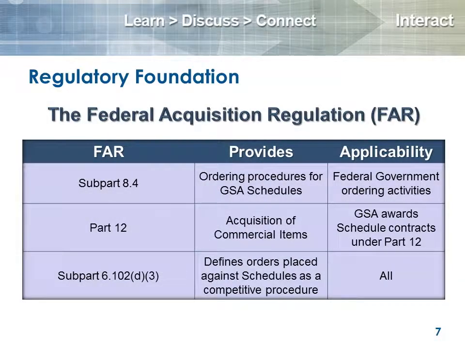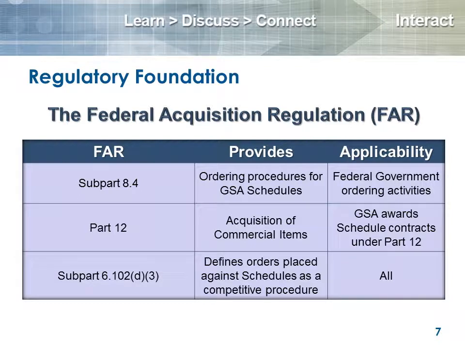All right, but when it comes to the performance element of your requirement, we leave that up to you. In fact, I'm talking about the federal customer who has the requirement, and you're going to marry that to the appropriate schedule that you have. Everybody that deals with federal procurement, whether you're a contractor or whether you're on the government side, you have to understand the FAR. So 8.4 is where the rules are in regards to how to use schedules. FAR Part 12 is the part of the FAR under which the contract or the IDIQ is awarded, we've already established that. But something that's very important,